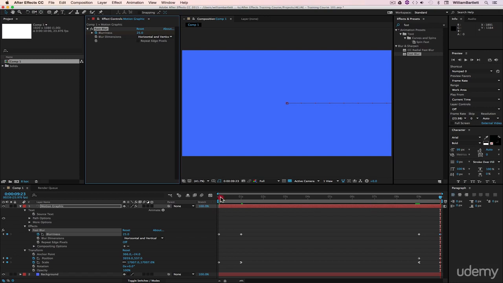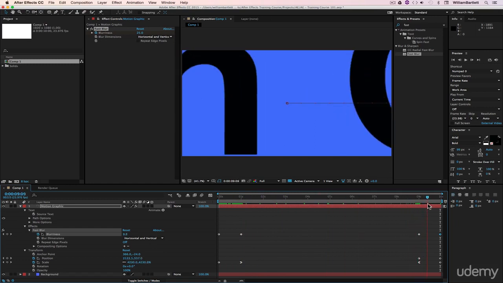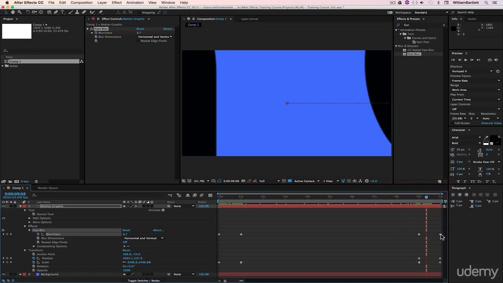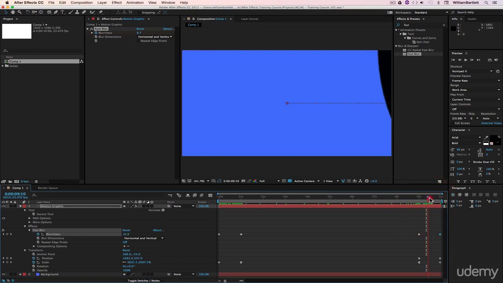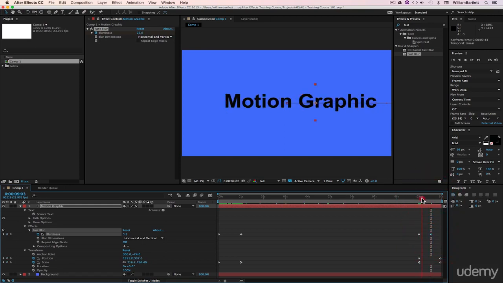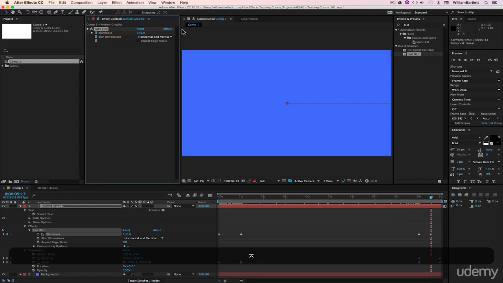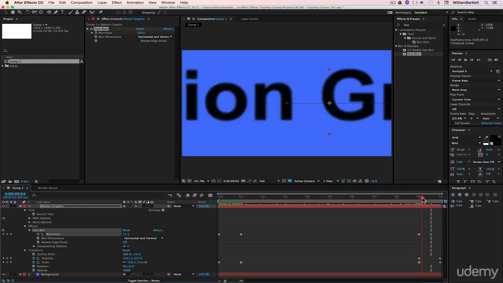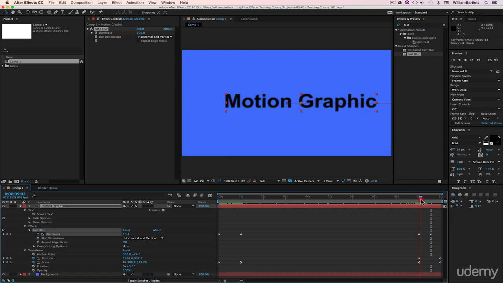So the idea is it starts out of focus and comes in, and then it leaves out of focus just a bit, but because it goes so quick out of screen, it might make sense to do it right there. So let's move that off so the animation happens quicker for the fast blur. Okay. So if we want to exaggerate that, we can make this up to 100, for example. So it goes